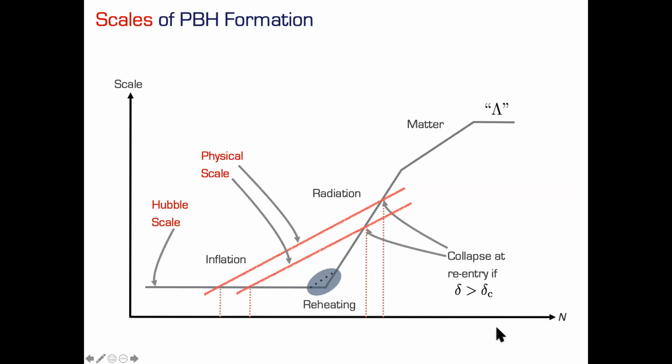So is the point here that things are out of causal contact during inflation and they come back into causal contact? Yes, absolutely. The simplest thing is to think about 2 points. If I put 2 points at a distance, during inflation they're exponentially pushed away. And then after inflation, the universe doesn't expand as rapidly anymore. And these points at some point come into causal contact again.